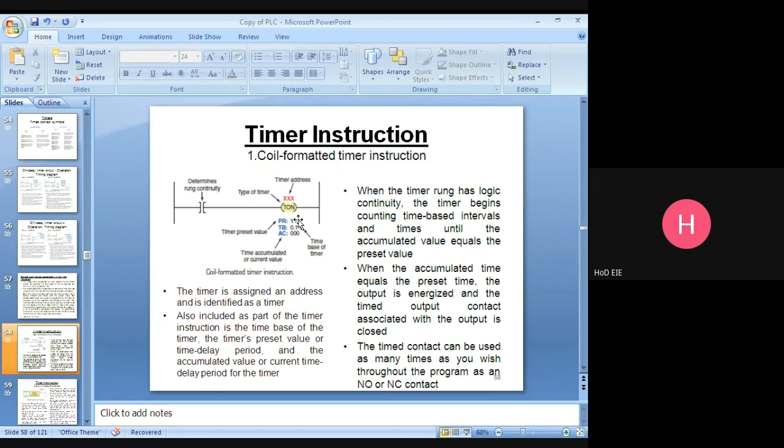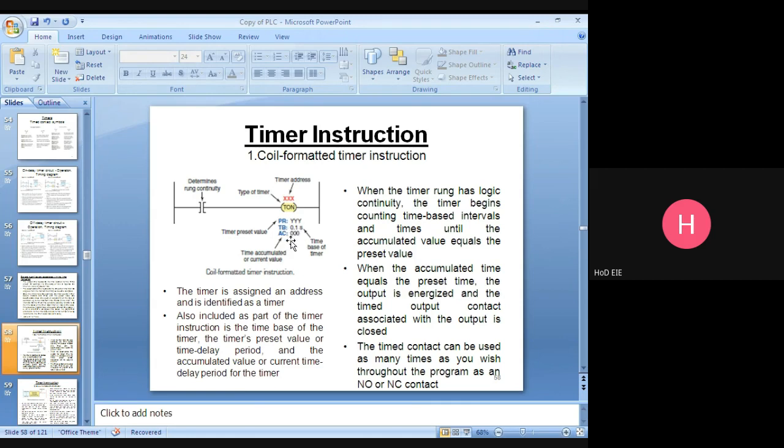Suppose the time base value is 0.1 second. Then the accumulation will be 0.1, 0.2, 0.3, 0.4, 0.5, like that. AC represents the accumulated value.